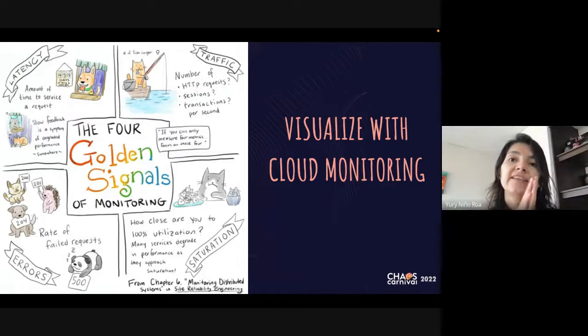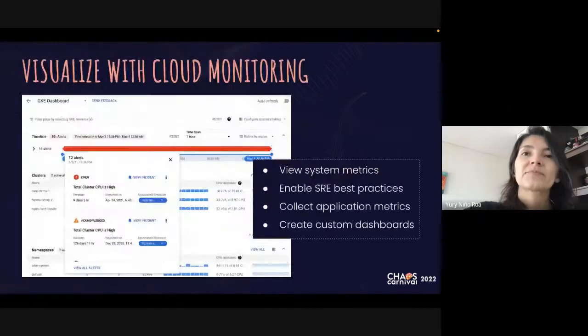Saturation is an indicator of the overall capacity of the service. It essentially represents how full the service is and reflects degrading performance. Saturation can also indicate SLOs, which is very important for SREs, for example. Some metrics include memory quota, number of memory thread pools, cache, and CPU utilization, for example.